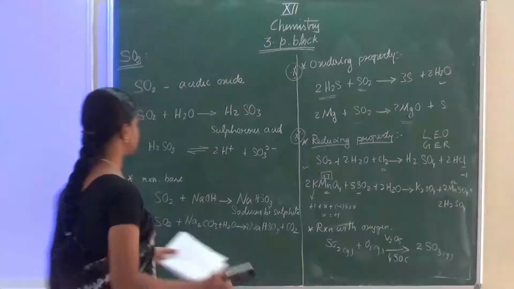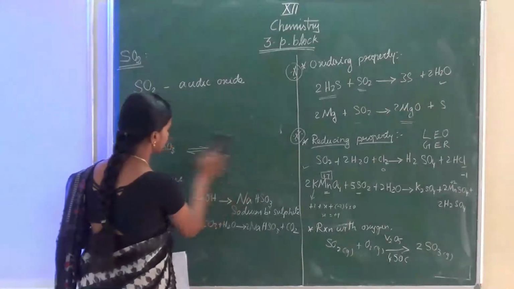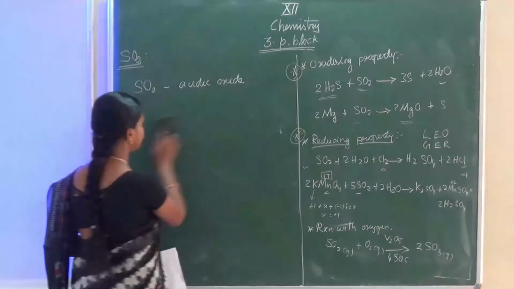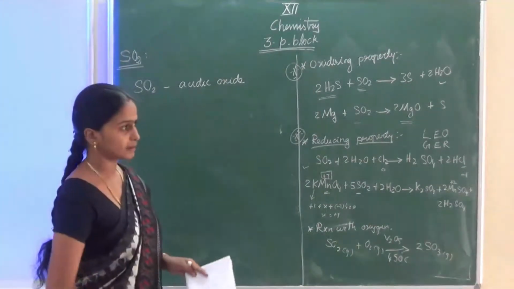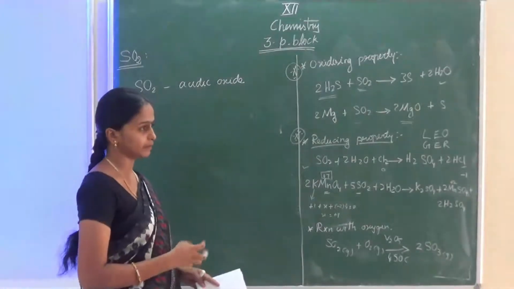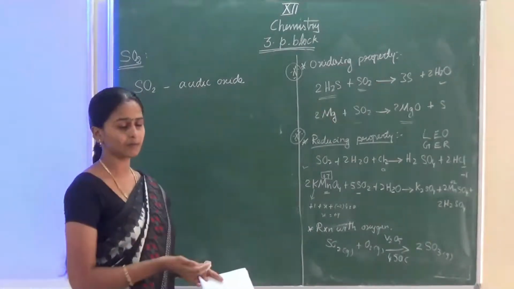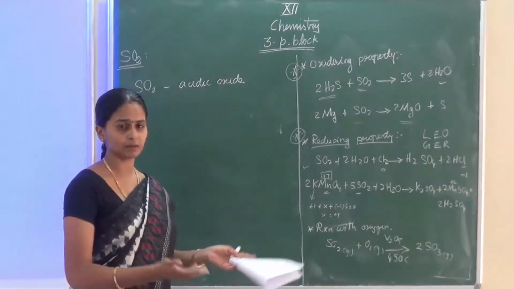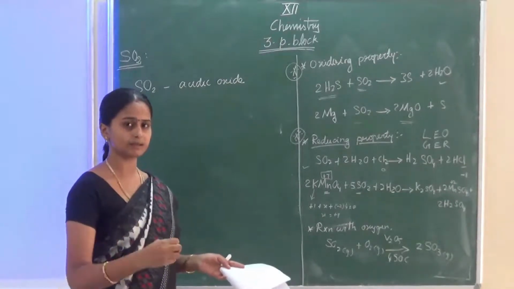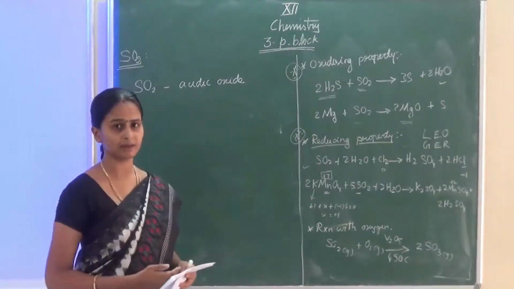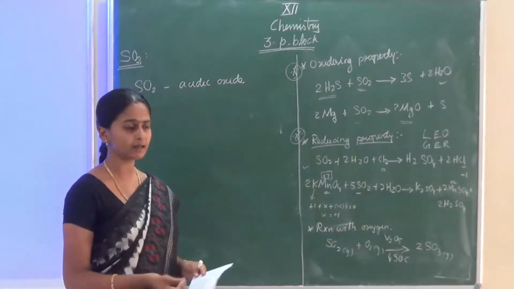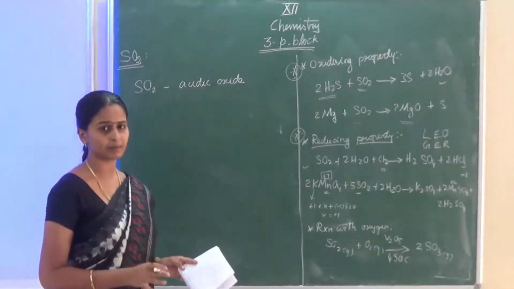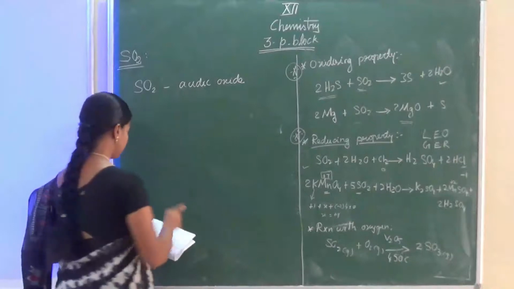This sulfur dioxide has one special character. It can be used to bleach the woolen and silk, cotton. Okay, the colors. Using this reducing property only, first the color will disappear, but when you keep it for some time in the atmosphere, in the open phase, it will absorb the oxygen and again come to its original color. Okay, so using this reducing character, it can change the color. Okay, the color is not permanent, it is temporary only.